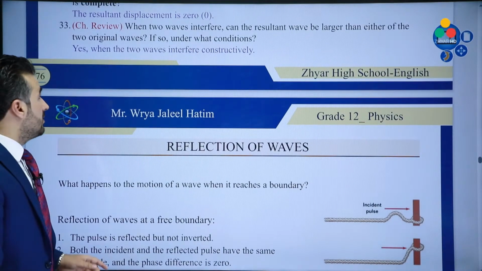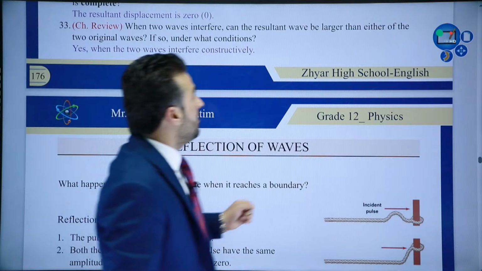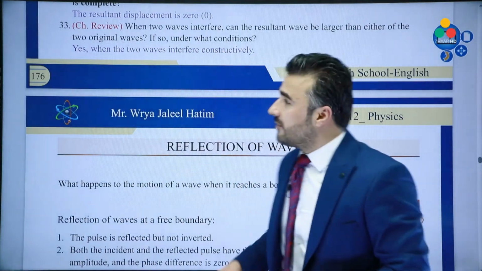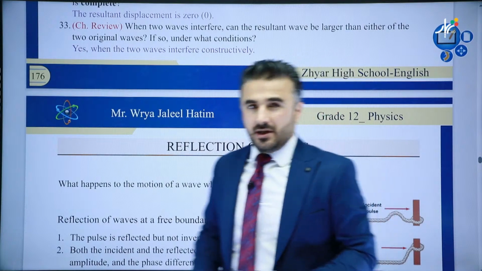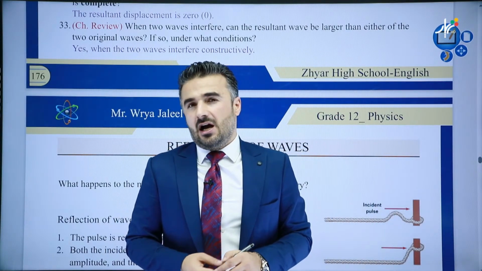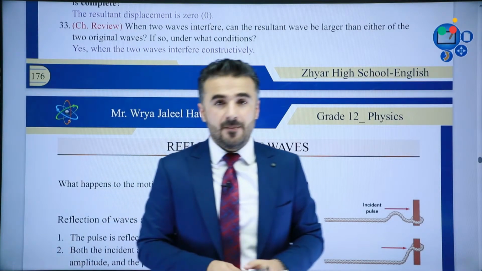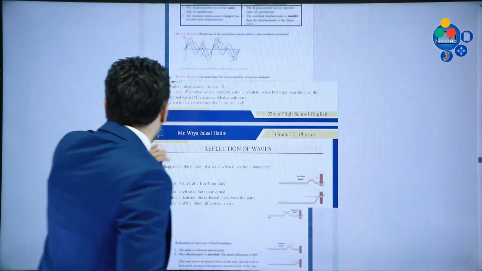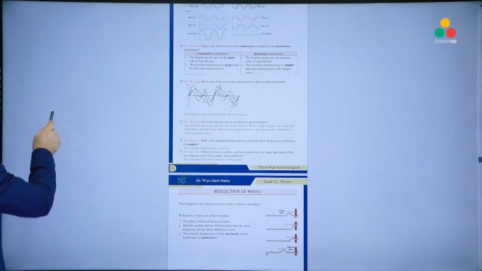What about question 33? It says, when 2 waves interfere, can the resultant wave be larger than either of the 2 original waves? If so, under what condition? Yes. To answer this one, it would be true in the case of constructive interference. In constructive interference, we get a wave, all right? Let's use, all right, so in constructive interference,